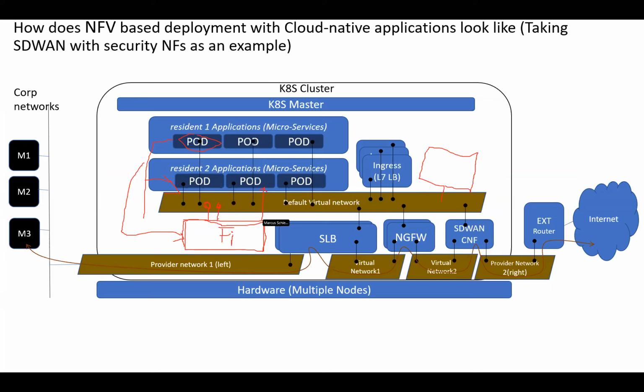But what IP will be used for your traffic? These two interfaces both have an IP address, or only one interface has an IP address in your mind? Both have an IP address, yeah. Okay, you are saying for traffic shaping, we can use the secondary interface and the secondary interface IP address to communicate. Yeah, exactly, so it's not a problem. We were trying to use Multus to add a second interface, and that second interface would just do the traffic shaping. I see.